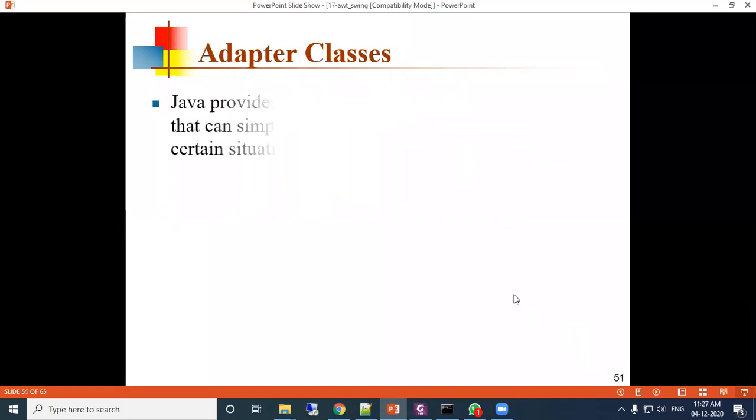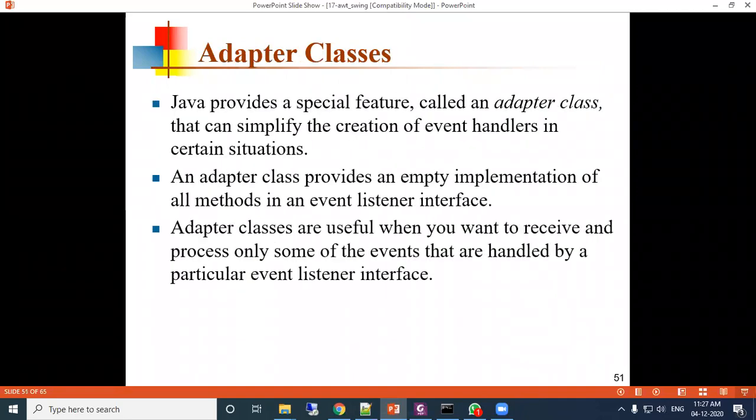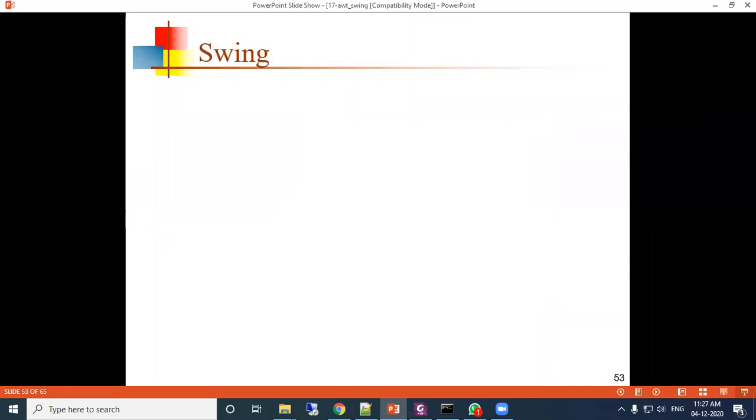The next topic is called swing. Swing is just like your AWT. AWT is your abstract window toolkit.